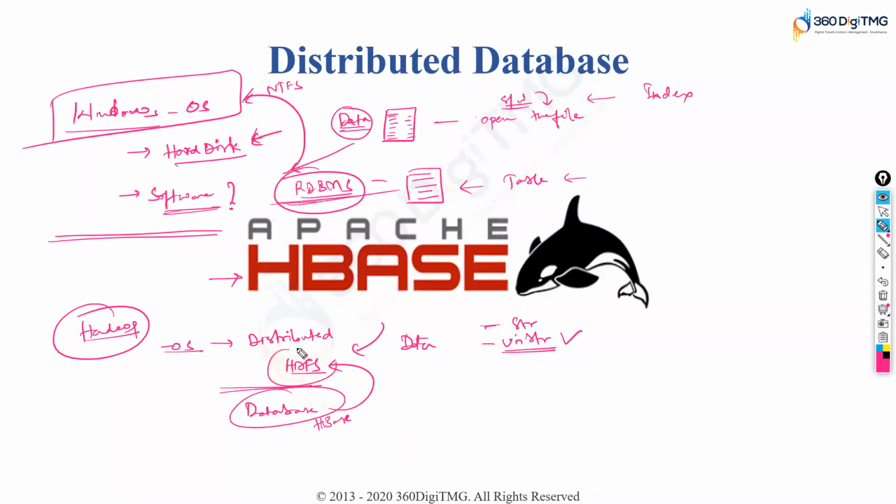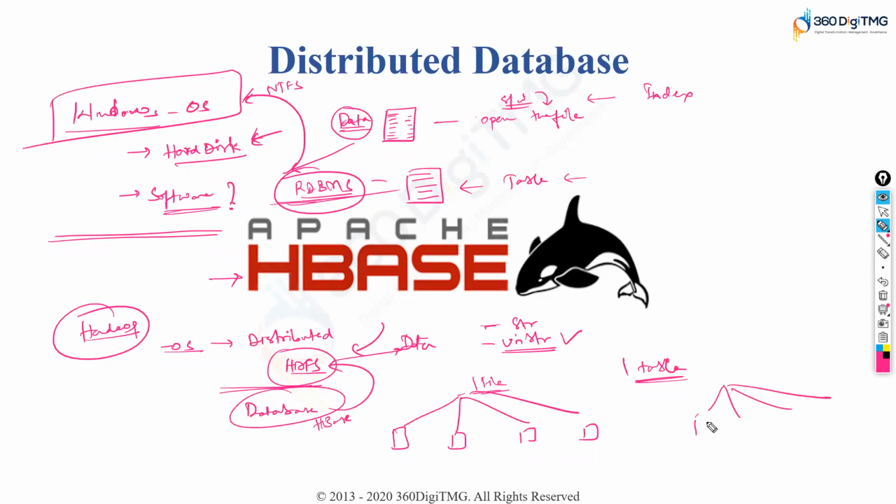Now, the database software that we are talking about, the HBase software, is going to sit on top of HDFS, which is distributing the original data, right? If I have one single file, remember, it gets split into blocks. This is one block, this is one block, this is one block. Same way, if I have a single table, a data which is very big to get stored in a single system, then the table also has to get partitioned, right? Each part is